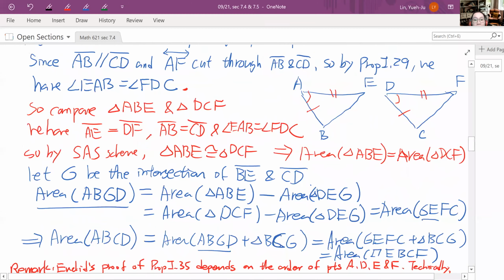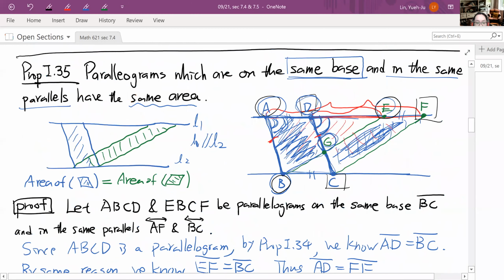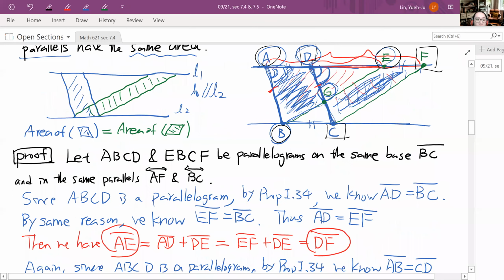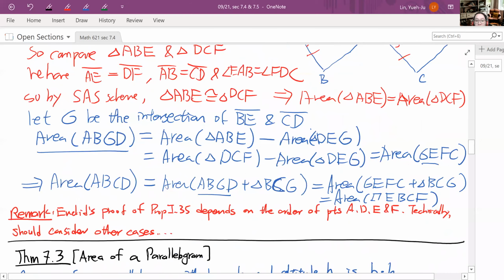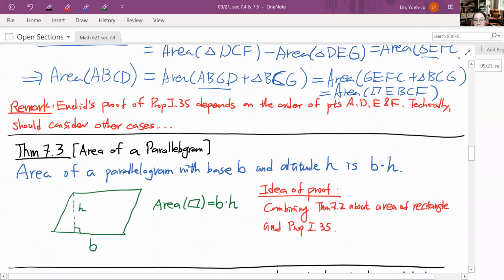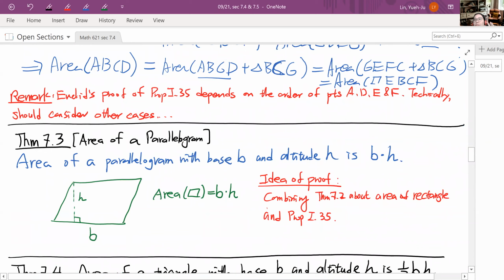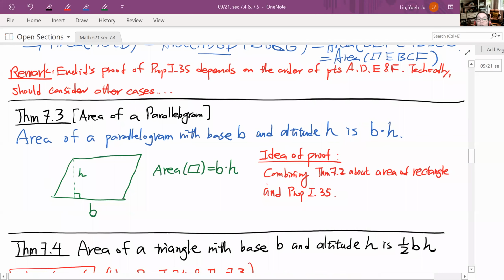Okay, so the upshot is essentially telling me that if you have two parallelograms between the same parallels, and if they share the same base, then we know they have the same area, okay? So this is the first thing we know, and this is actually going to give us a lot of good information. Now with these two or three things we just proved in mind, we can actually derive some formulas. So remember, back in section 7.2,